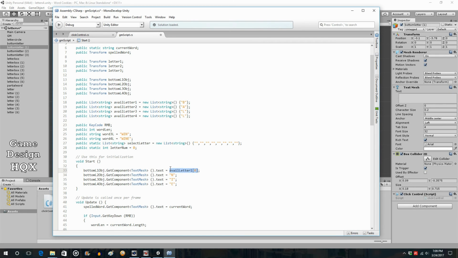And I think we'll just copy and paste this. And so this should be avail letter 2, avail letter 3, avail letter 4, and it's all in the 0